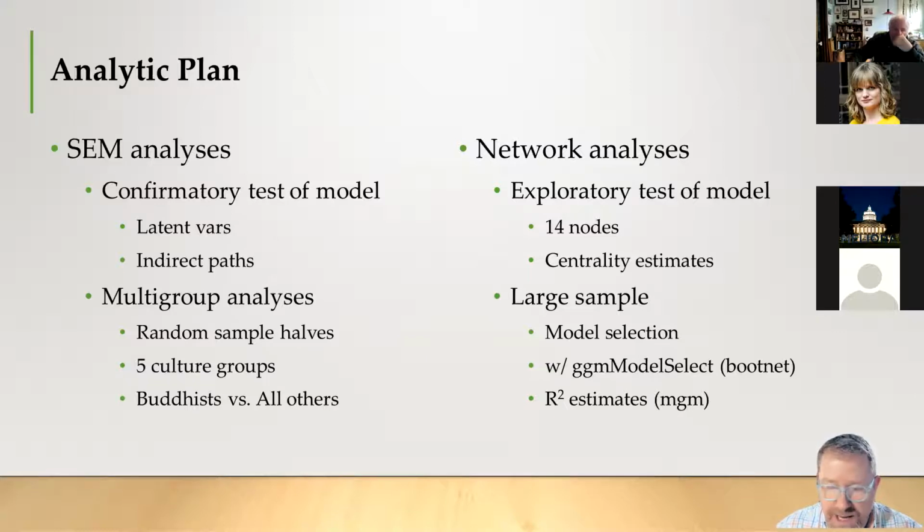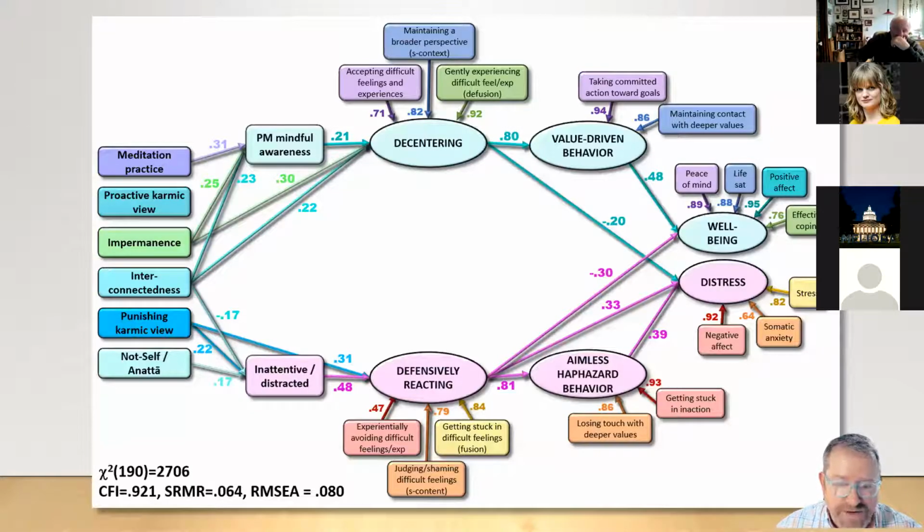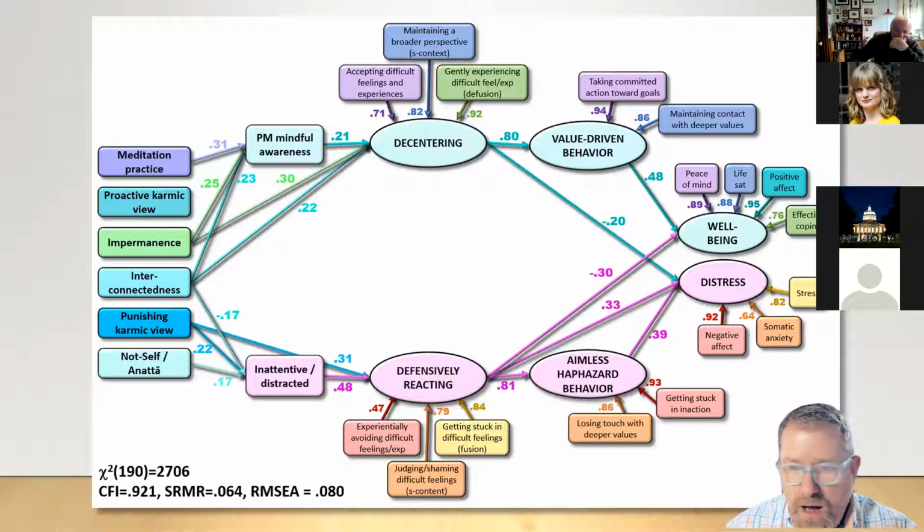And then in bootnet, and then use MGM to get multiple R-squared estimates. So this is our SEM result, which, this paper just got accepted, thankfully, at Mindfulness. So you can see our aspects of mindfulness are linked to greater present moment awareness, which is promoting decentering from difficult or challenging things, not immediately reacting to them, which promotes value-driven behavior, which